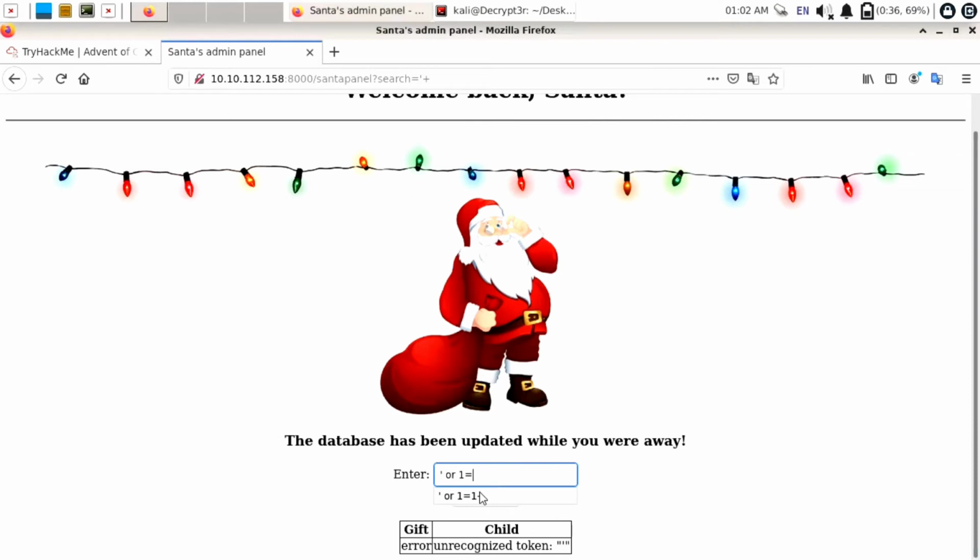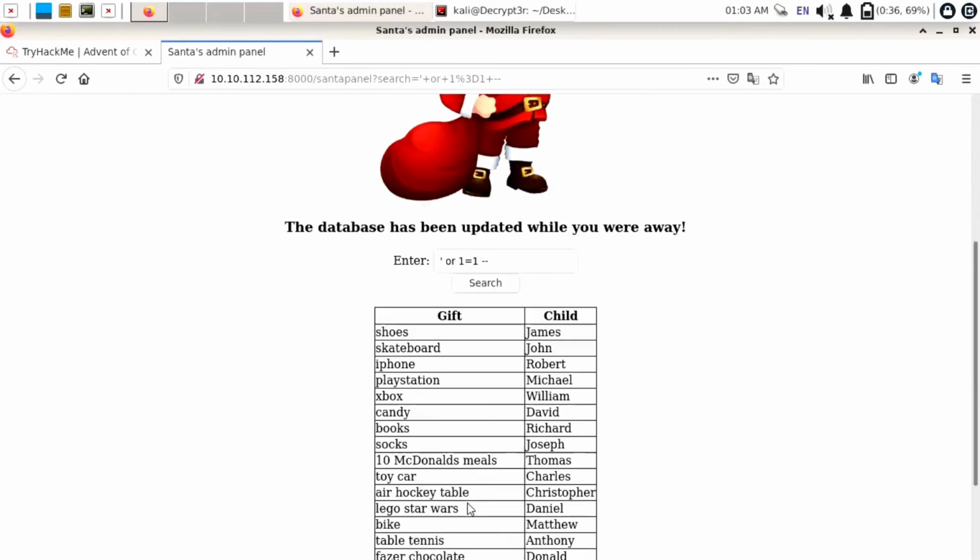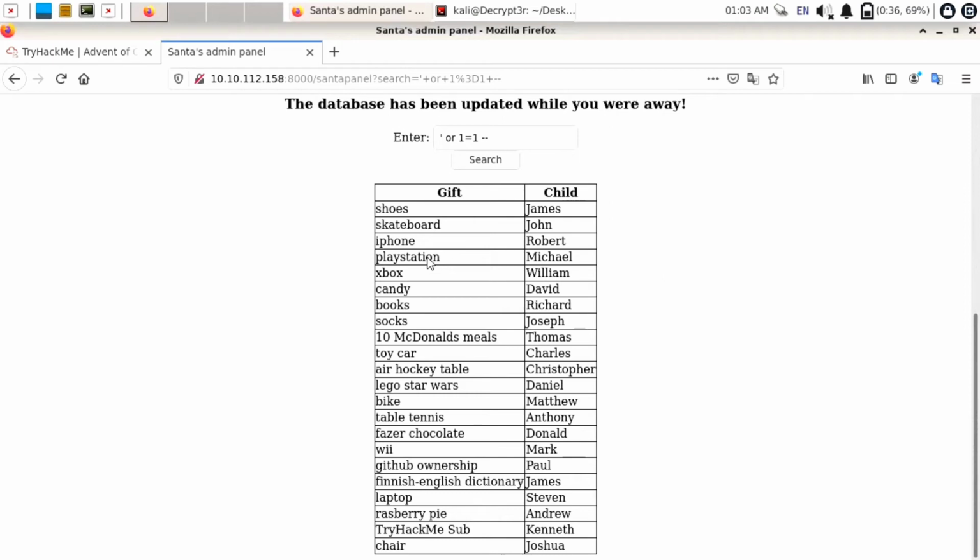So I will try to bypass it by using or 1 is equal to 1 and use a hyphen for commenting out the rest of the code. After that, click on search, and here you can see it displayed all the entries in the database. So I will just calculate all of these. In total these are 22 entries.